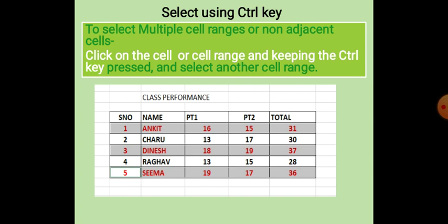We click on one cell or cell range and then press the control key and select another cell range. In this example you will see that we have selected the first record of Ankit, that is a one cell range. Then we press the control key and select the record of Dinesh, and then the record of Seema. So these non-adjacent selections we do with the help of the control key.